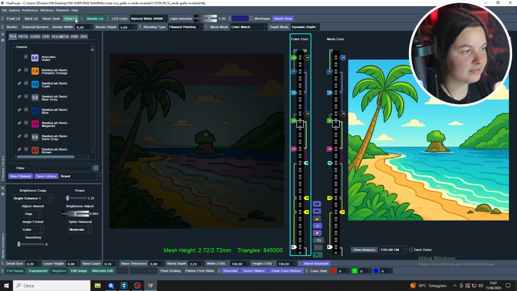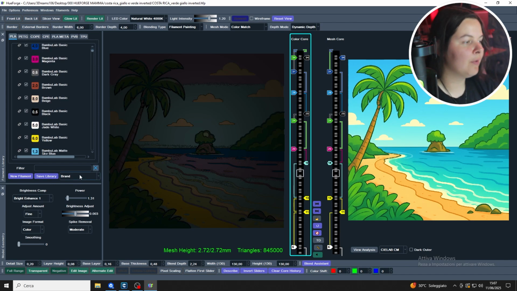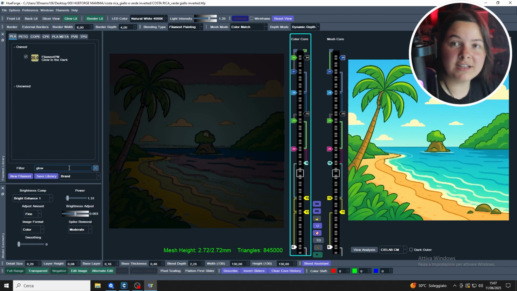But with glow lit we can now have a preview of how a glow in the dark Hueforge will look like. For example, I can drag my